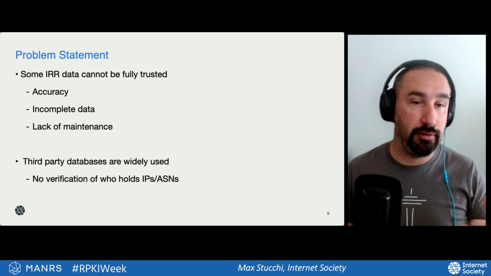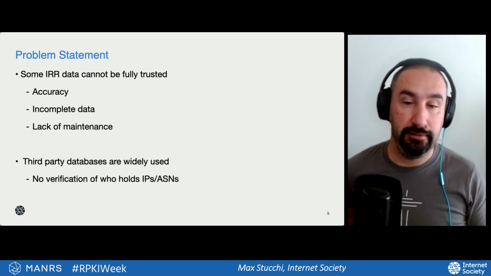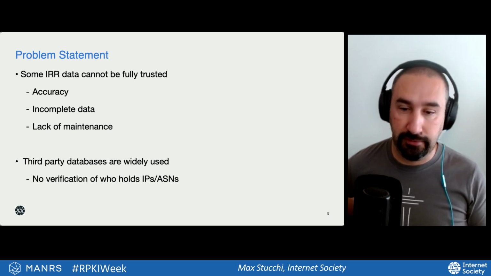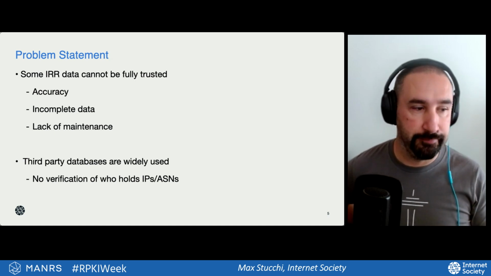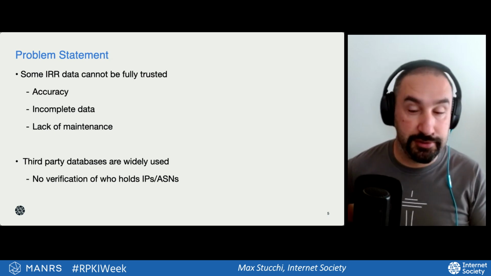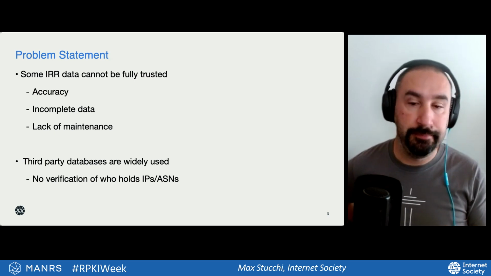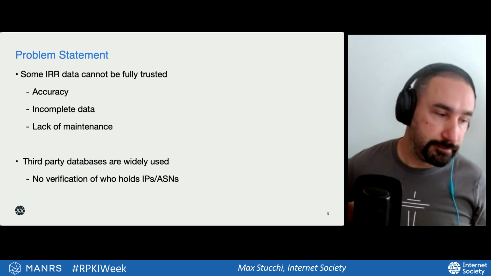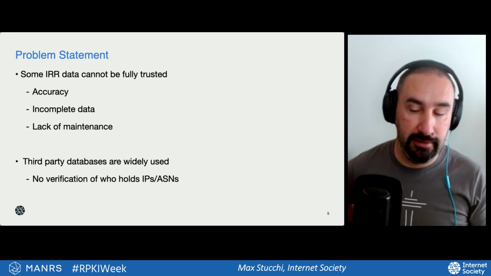And this shows the whole lack of maintenance. This is one tiny example. And then third-party databases are widely used. So I mentioned RADB, I mentioned AltDB. Differently from the Internet Routing Registry of a regional registry like RIPE NCC or Afrinic, a third-party database cannot fully verify that the person creating the data in their database is the rightful holder of a resource. So there are weak authentication mechanisms, but they can't give us the trust that we need